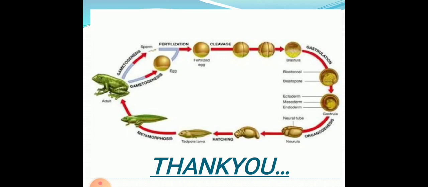In the gastrula stage we see three germ layers, ectoderm, endoderm, mesoderm. So these three layers form the different organs. The neural tube is formed, and in that neural tube there is a cavity, and after the neurulation, what happens next